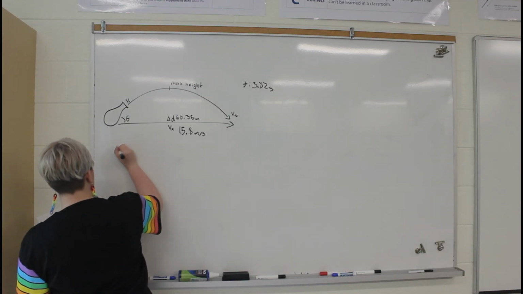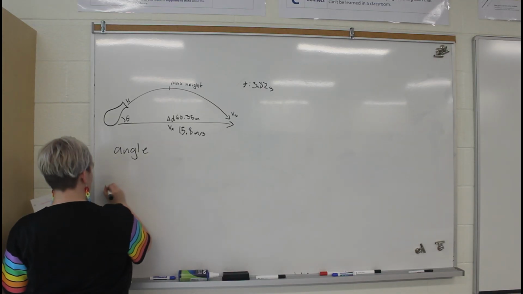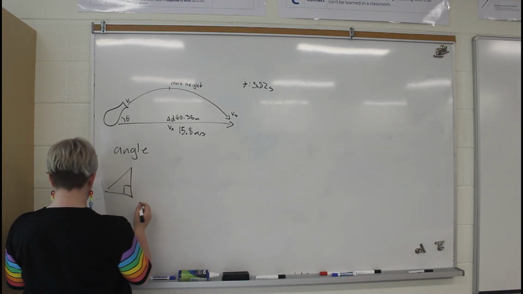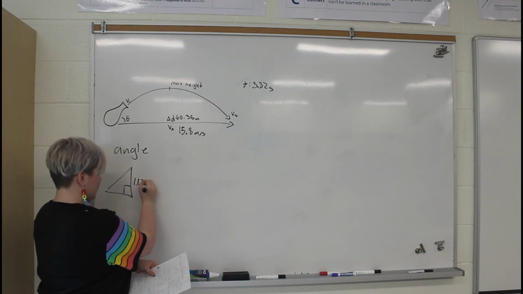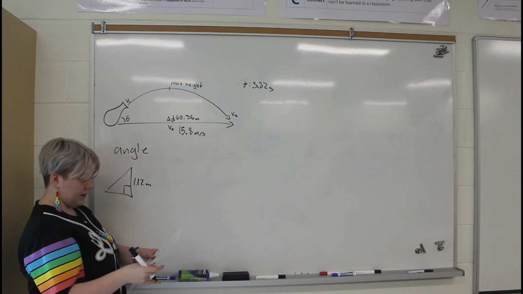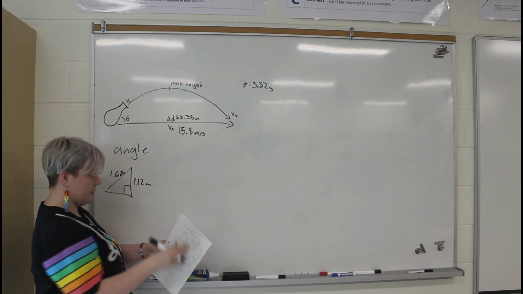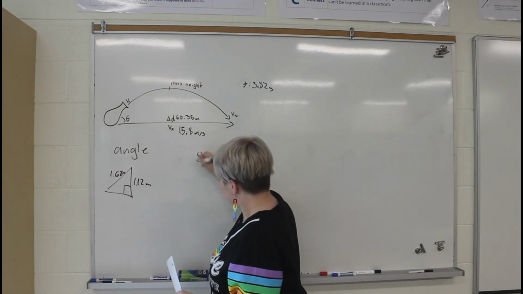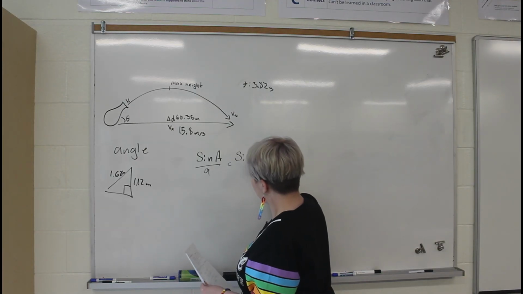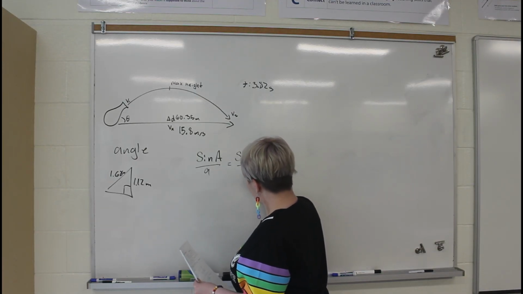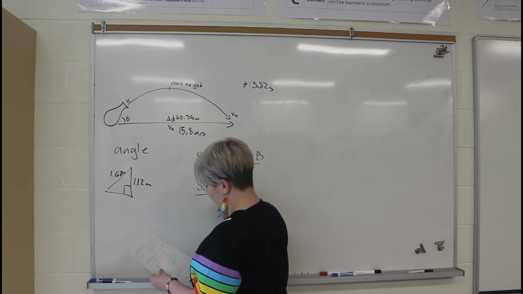So, which is this measurement here. We know that this is a right angle. The y value was 1.12 meters, and the hypotenuse was 1.68 meters. Knowing that, sine A over A equals sine B over B. Sine A is sine theta over